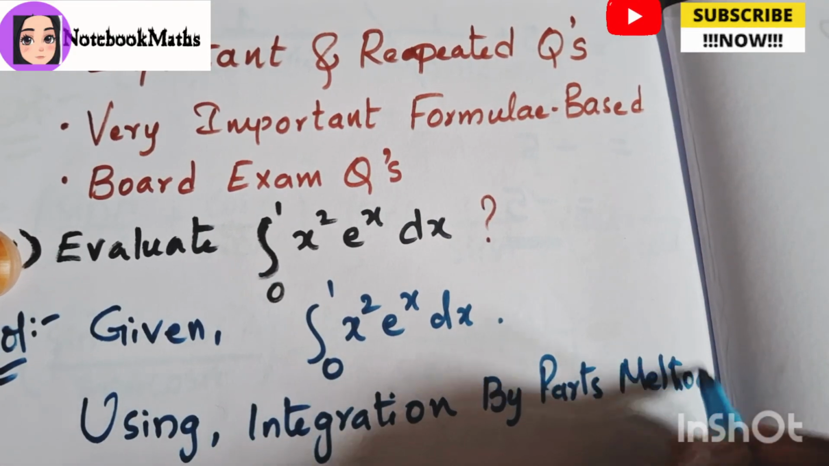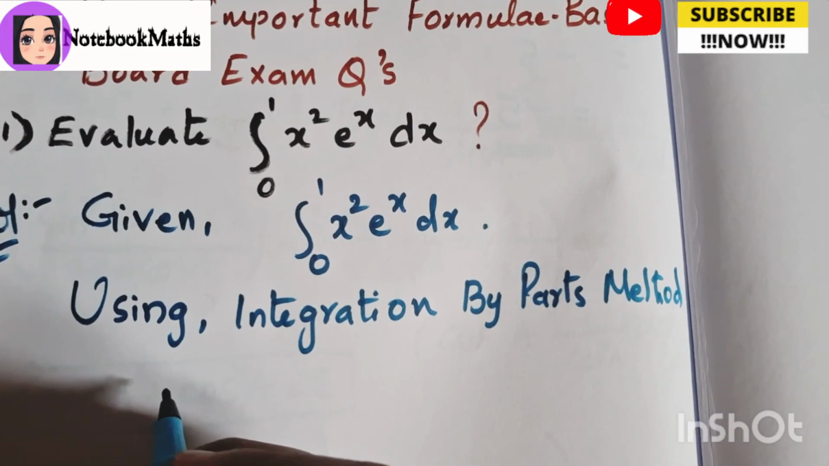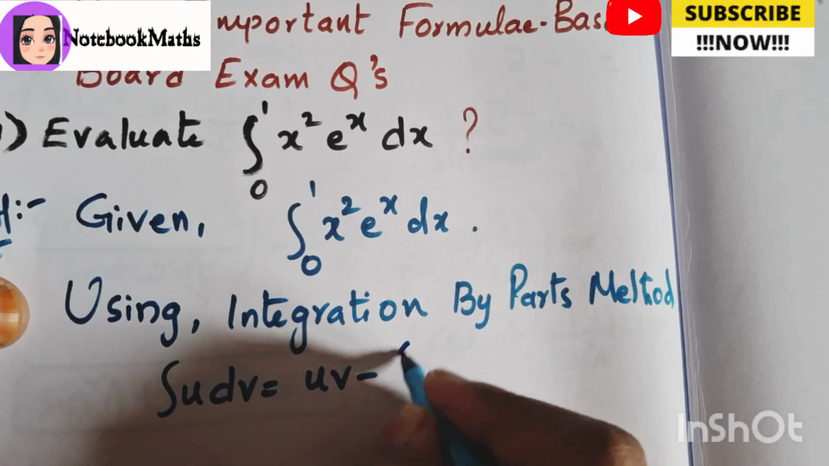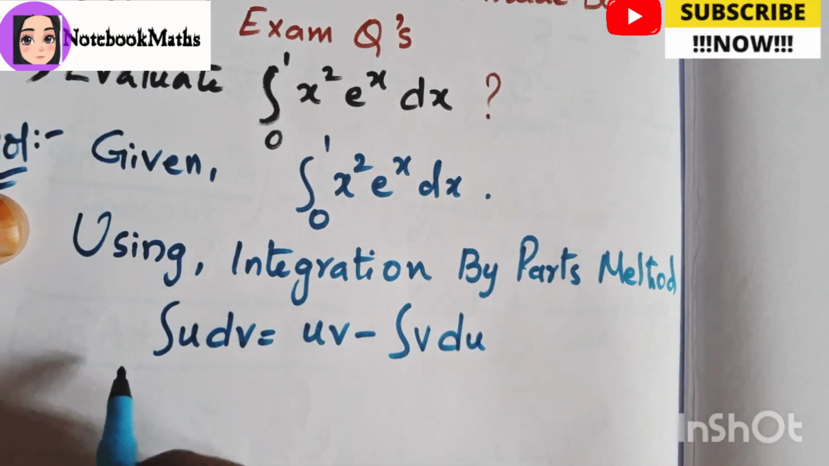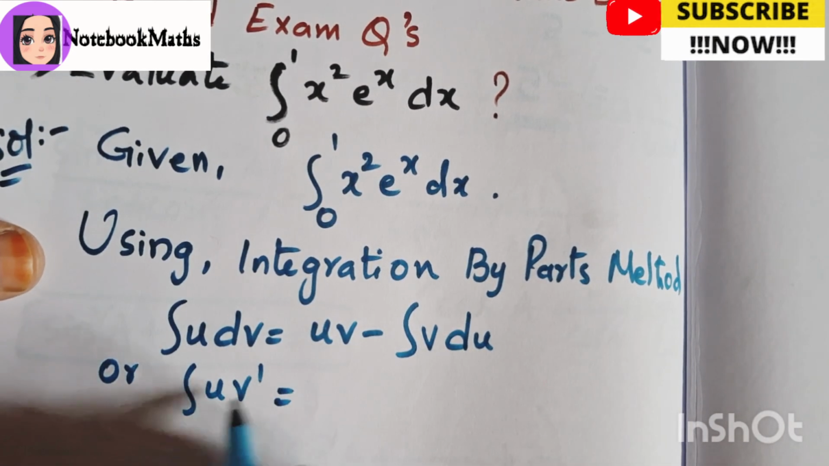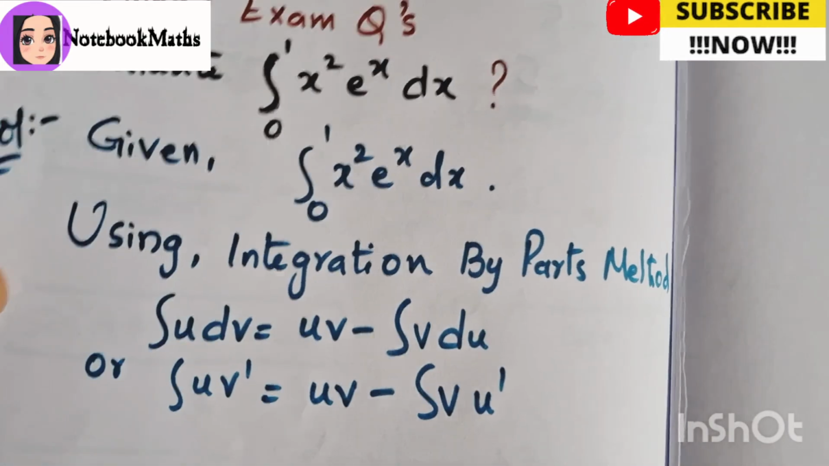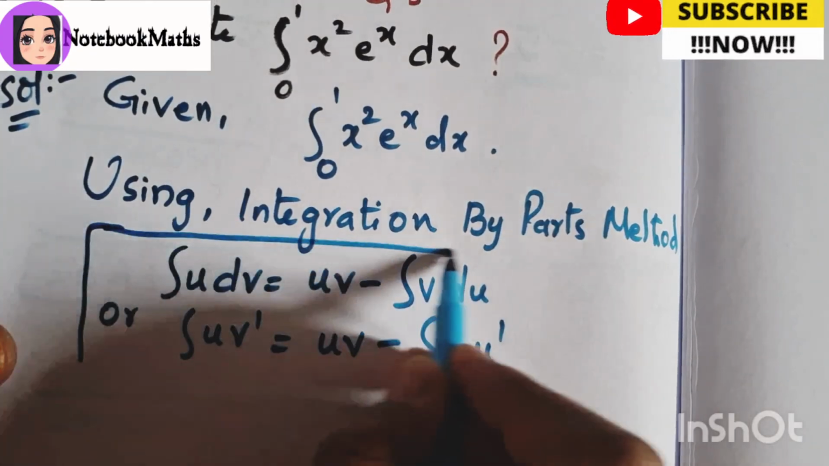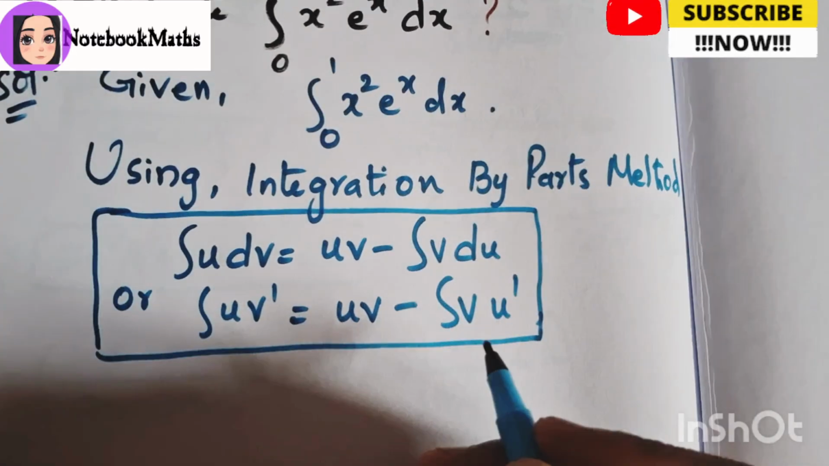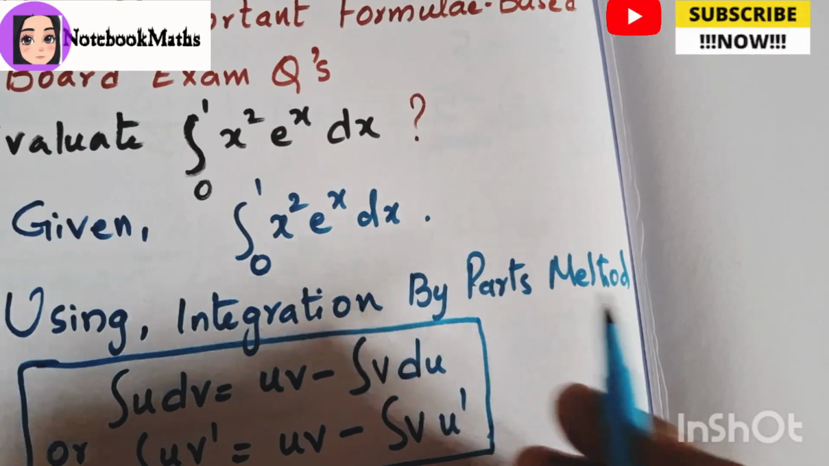What is the formula for integration by parts? Which is the formula we are going to use in this method? Integration of u dv is equal to uv minus integration of v du, or we can use another form, that is integration of u v dash equal to uv minus integration of v u dash. This is the formula I am going to highlight here. We are going to use this formula in this solution. Very important formula, and whenever two functions are given we have to use integration by parts method only to